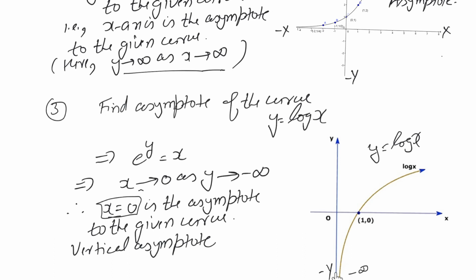Once again, this asymptote is touching the curve only at infinity and it is moving like its shadow. So once again I would recall that